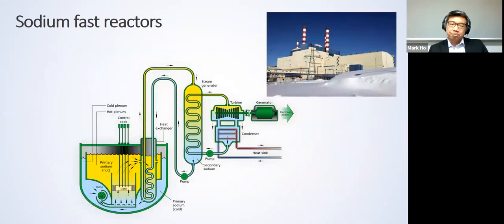Sodium fast reactors are very important to note because they're known as the physicist reactor. Physicists usually love these reactors because the sodium coolant gives you the best neutron efficiency, because it doesn't absorb neutrons very easily. And when you have a reactor with excess amounts of neutrons, you have options. You can use those excess neutrons to either burn radioactive waste or, say, annihilate weapons-grade uranium, as the BN600 has been doing in Russia for the last decade or two. Or you can breed fuel. You can expose a blanket of thorium to produce uranium-233, or you can expose a blanket of uranium-238 to produce